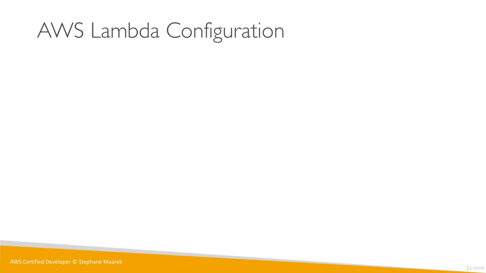So this is a short lecture, but I want to show you the AWS Lambda configuration parameters. We have the timeout, and this is how long our function is expected to run before failing. By default, it's 3 seconds, so we expect quite a short execution time. But you can say, I expect my function to run for a maximum of 300 seconds, which is 5 minutes. Basically, you set the timeout to however long you think your function should run. And this allows you to fail fast in case there are any problems.